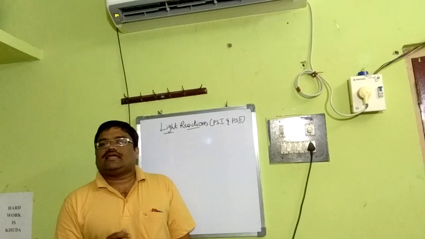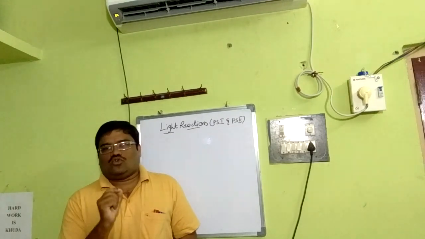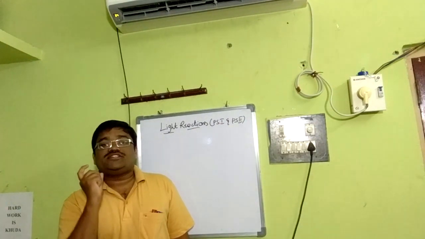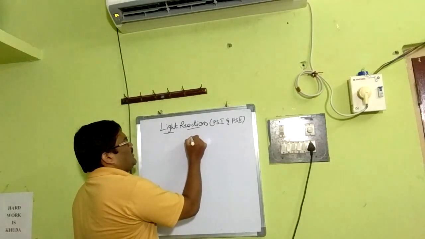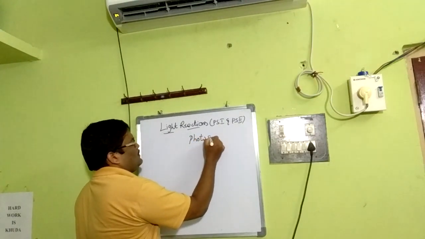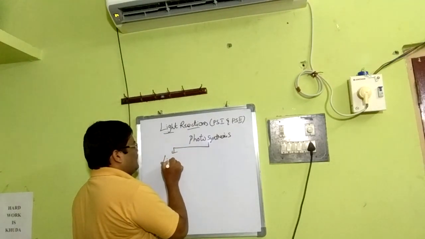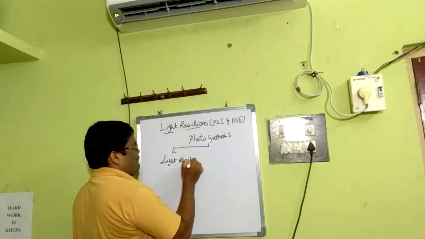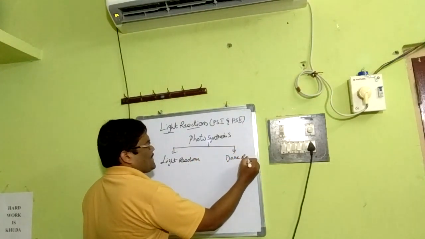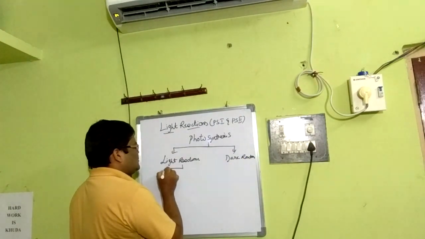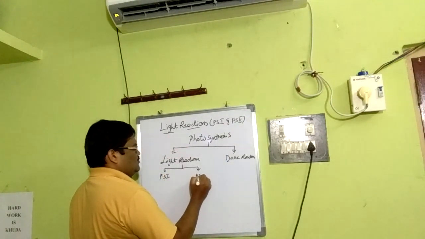Apart from green plants and algae, photosynthetic bacteria also have the photosynthetic ability, and this photosynthesis takes place in the chloroplast. It takes place in two distinct phases called light reaction and dark reaction. There are two phases of photosynthesis: the light reaction and the dark reactions. Here, in light reactions, the basic elements are photosystem 1 and photosystem 2.